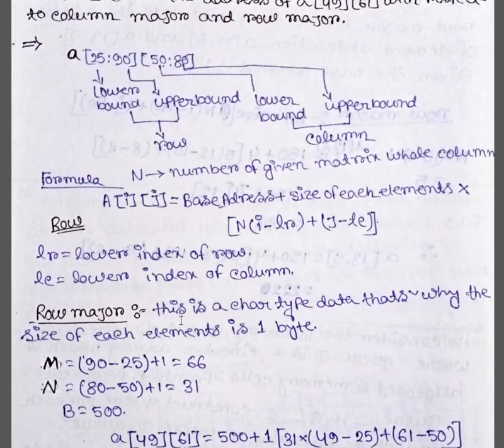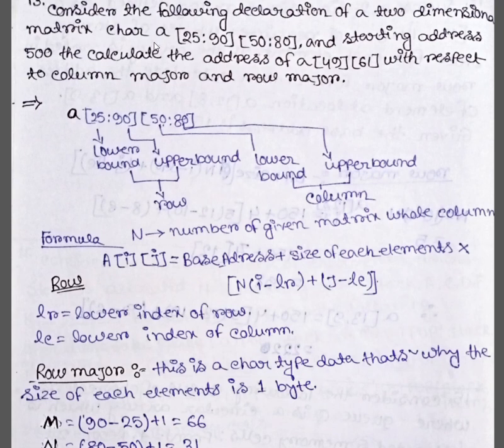Let me just zoom in some more. And the row major. This is the character type data. That's why the size of each element is 1 byte. It is given here that it is character A. You have to study the question very much. You have to read the question very carefully,